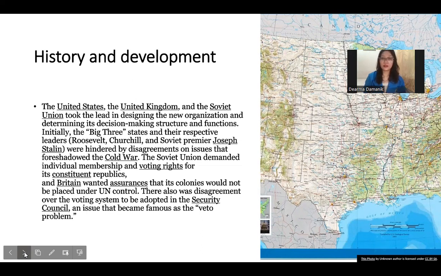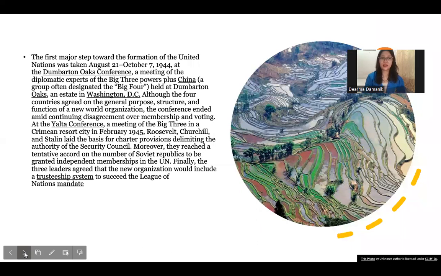The Soviet Union demanded individual membership and voting rights for its constituent republics. And Britain wanted assurance that its colonies would not be placed under UN control. There was also disagreement over the voting system to be adopted in the Security Council, an issue that became famous also as the veto problem. Next, we are talking about the first major step toward the implementation of the United Nations